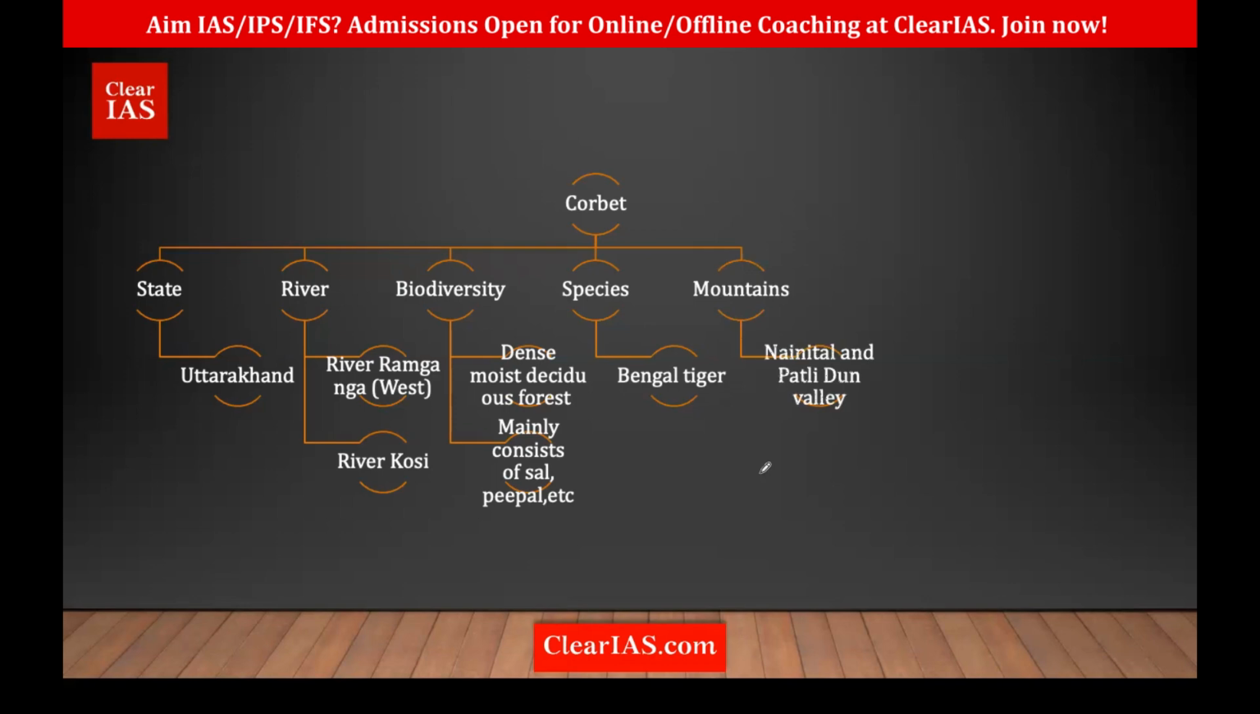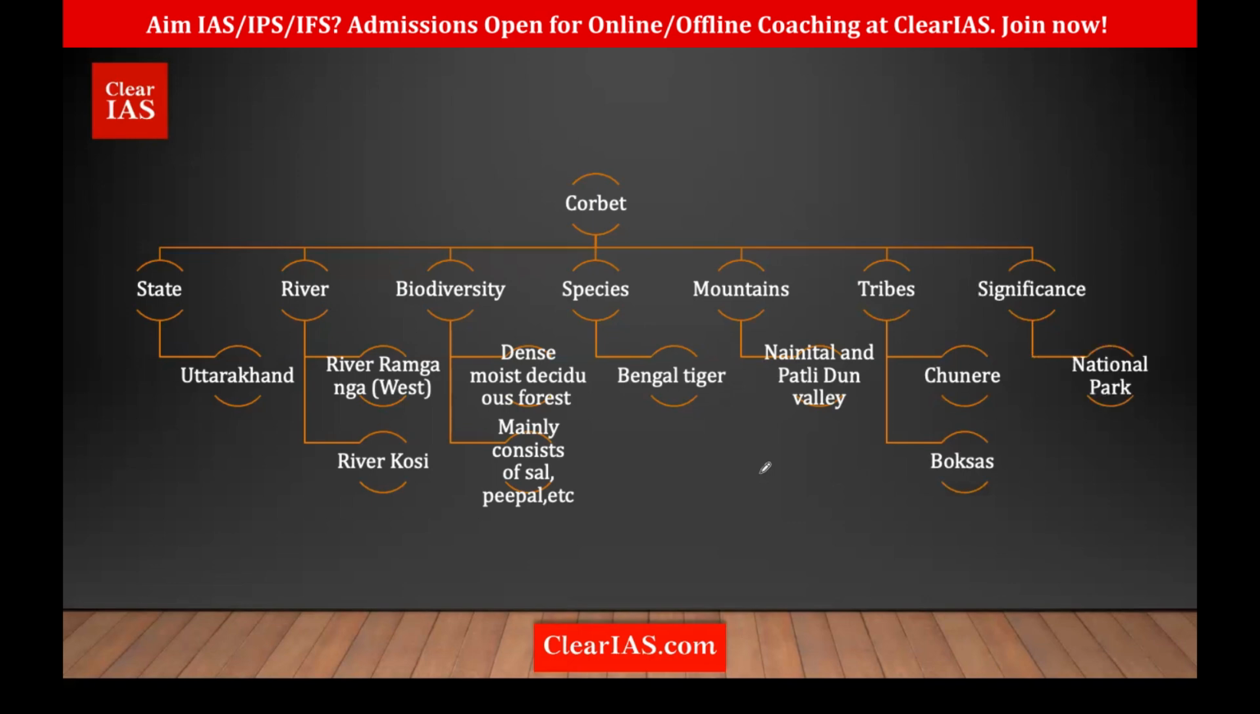And it is part of which mountains? Yes, it is part of Nainital and Patli Dun Valley. It's almost the valley side. Okay. And which tribes are found here? There are Chunere tribes, Boksas. These are two important tribes here. Chunere, not that important, okay? And it is a national park as well as a tiger reserve. Okay, remember it is in Uttarakhand and it is a national park as well as tiger reserve, and Bengal tigers